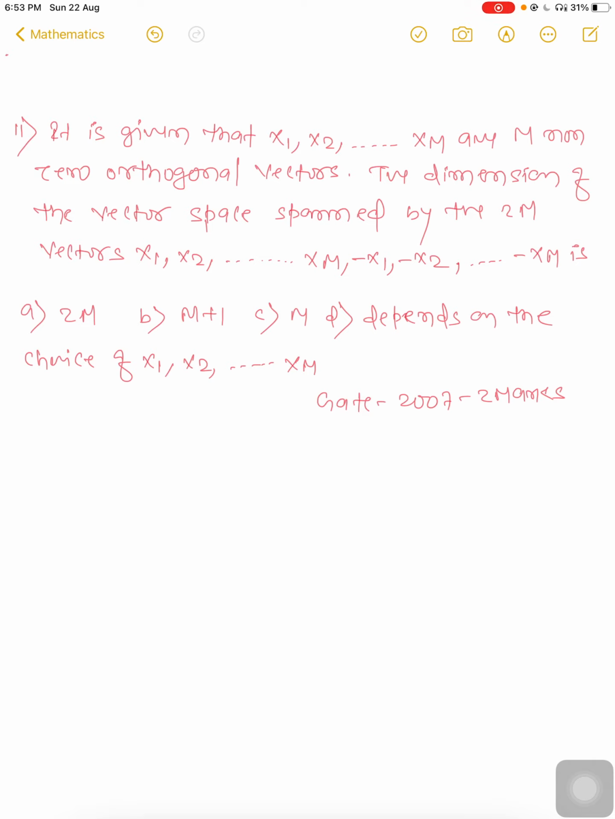Now comes to next question, question number 11. It's given that x1, x2 up to xm are m non-zero orthogonal vectors. The dimension of the vector space spanned by the 2m vectors x1, x2, minus x1, x2 and xm each. The vector space spanned by the 2m vectors is the choice of x1, x2, xm